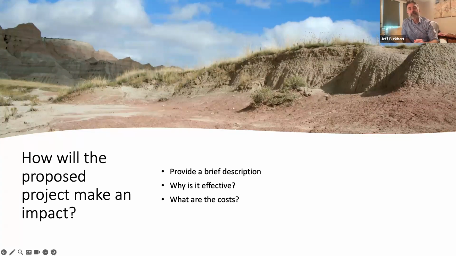And I got ahead of myself a little bit there. How will the proposed project make an impact? So I want to see a really clear, brief description of the project and what is the impact of it. Why is that program effective? Talk about that. Also, when you think about costs, think about how you could break that down a little bit. So if you think about the cost per student, maybe, or person served, or the cost per program,